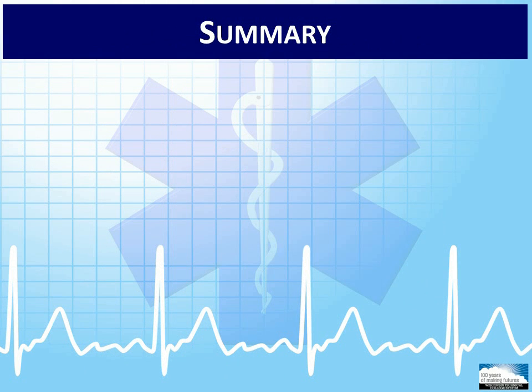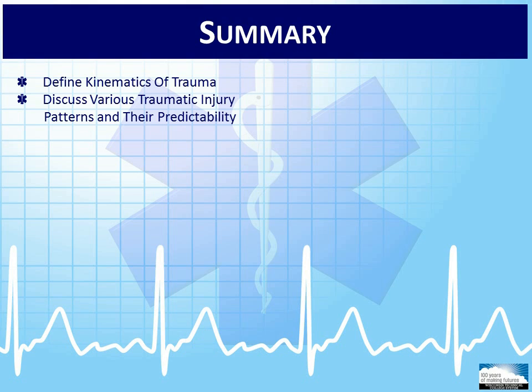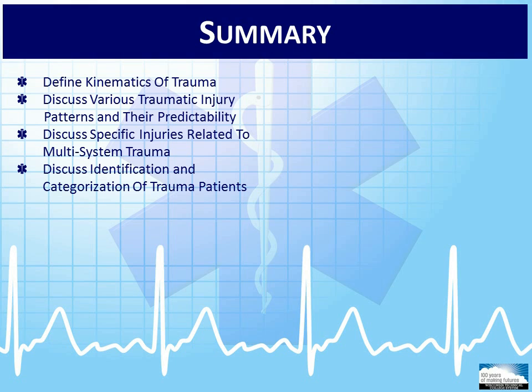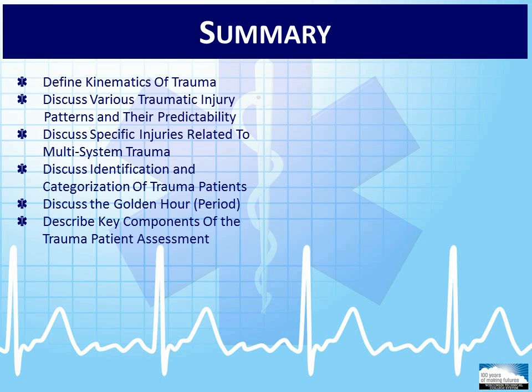The intent of this module was to provide an overview of trauma. Additional information regarding traumatic injuries will be shared in other modules within this course. With this module now completed, you should be able to define kinematics of trauma, discuss various traumatic injury patterns and their predictability, discuss specific injuries related to multisystem trauma, discuss identification and categorization of trauma patients, discuss the golden hour period, describe key components of the trauma patient assessment, list significant mechanisms of injury, discuss trauma scoring, discuss management of